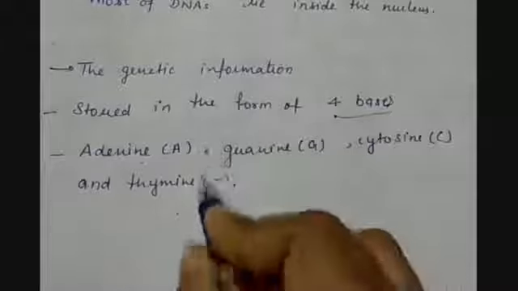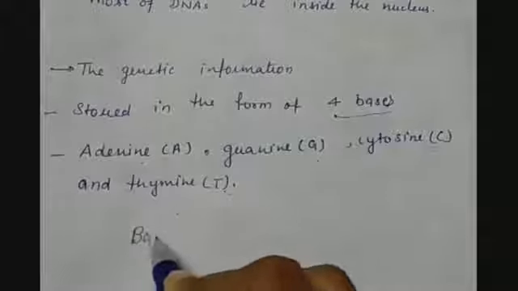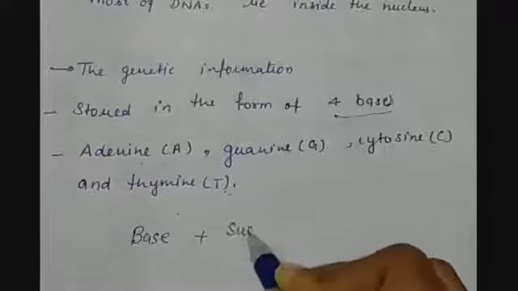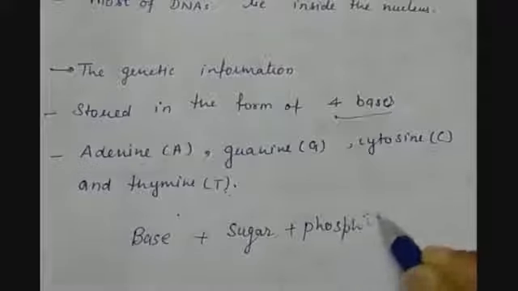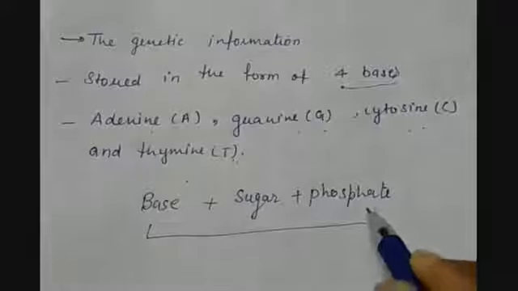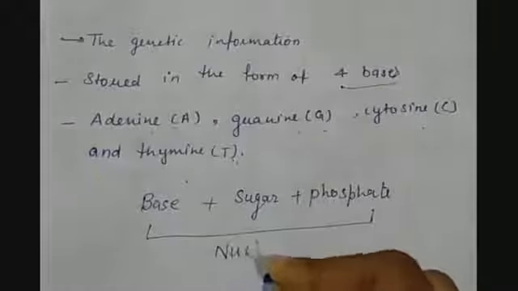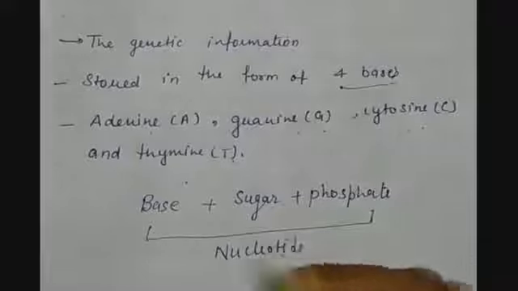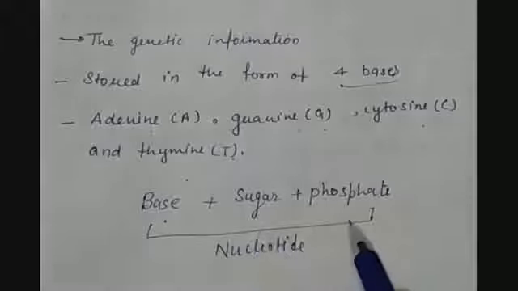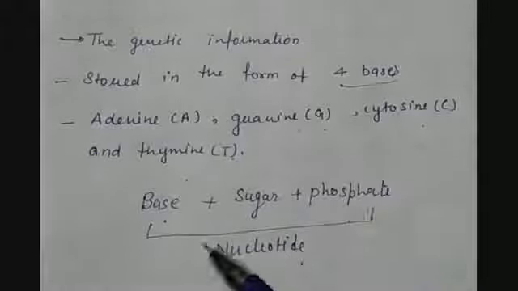Along with one base pair, one sugar molecule and one phosphate molecule is attached. And these 3 together are called a nucleotide. So whenever one chemical base pair is there, sugar is there, phosphate is there, together these 3 are called a nucleotide. More than 3 billion bases, and out of them